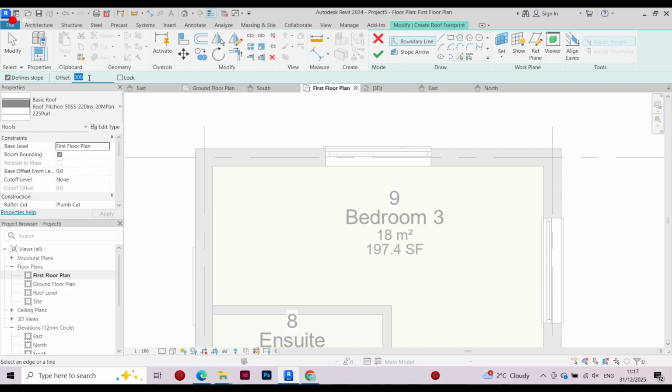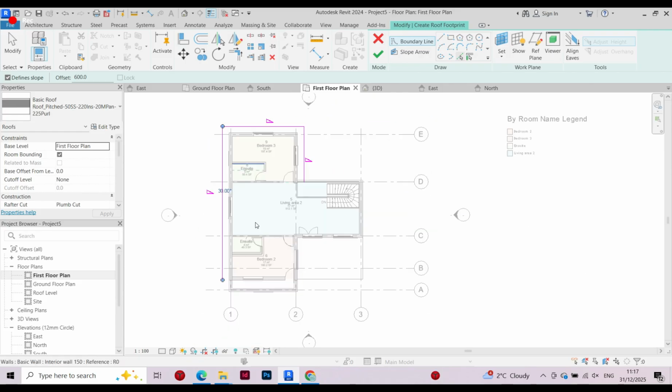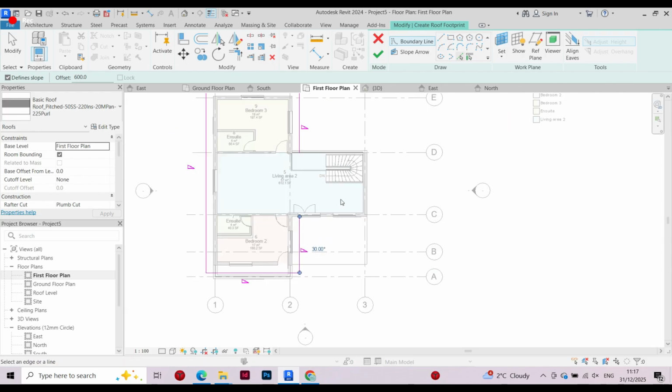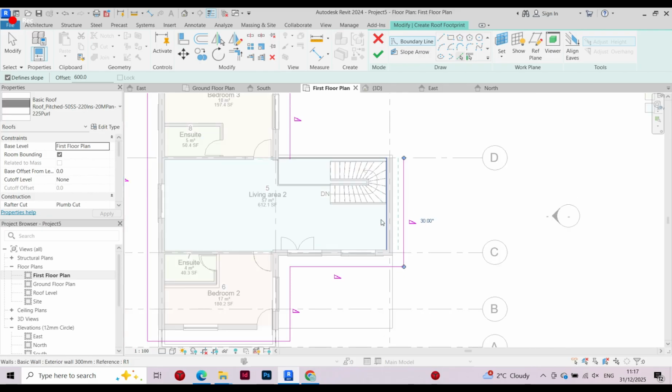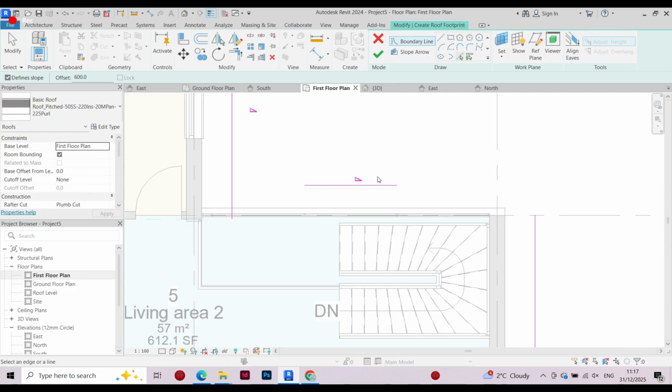I think 600 is better because I don't want to give shading to the window, so I'm gonna click offset center, and then I'm gonna offset to here, here, here, here, here, here, here, here. I'm gonna connect this to,